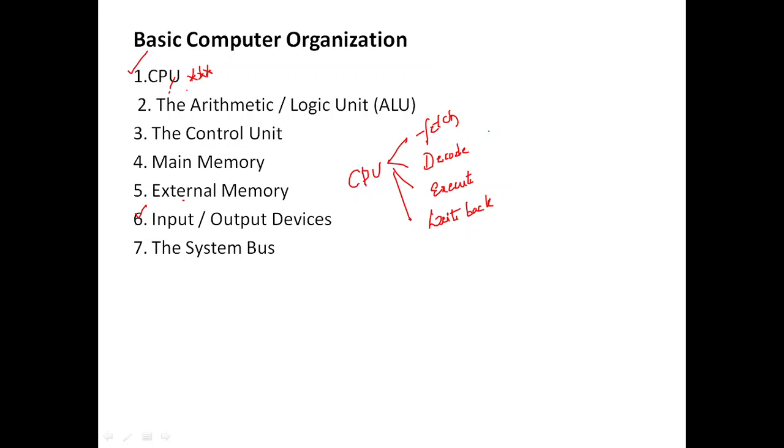First, we have to fetch the particular instruction from the memory. The memory has the main memory and the secondary memory, which I will discuss when it comes to the memory unit. Fetching the instruction means that in the whole memory, wherever the instruction has been located, it is fetched, right? So that we call fetching.